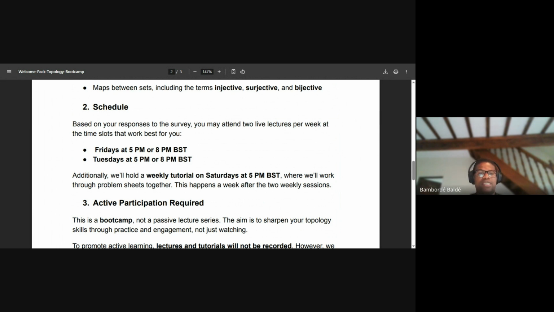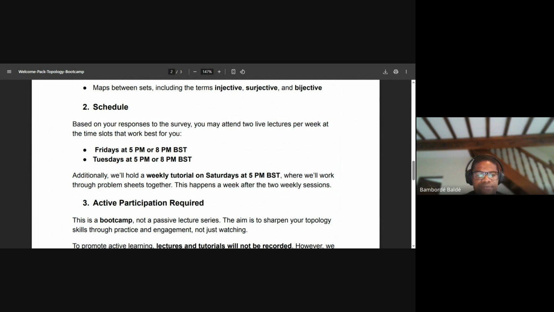And for the tutorials, the way we decided with the people from the previous session, because they were the bulk of the class, is that we will have a weekly gap between the lectures and the tutorials. So we are starting on Tuesday, which is great. We do the first lecture on Tuesday, the second lecture on Friday, then the tutorial session will not be on Saturday, the next day. It will be the week after. This will give you one week to digest the material that has been covered, and then we go over the tutorials.